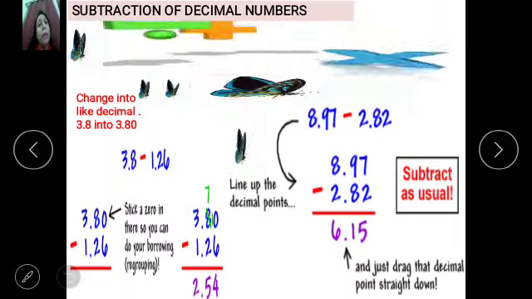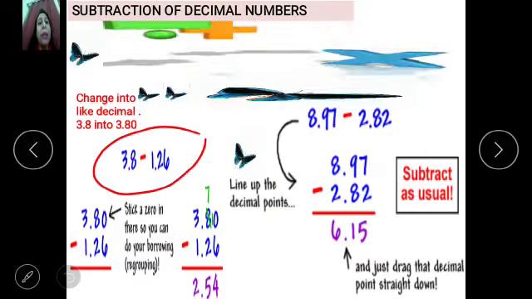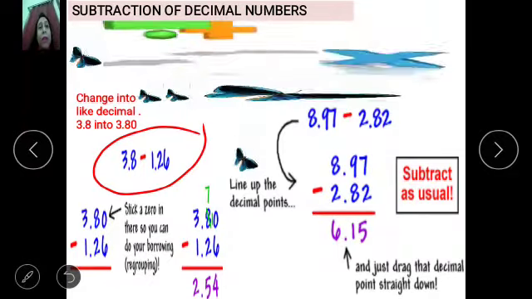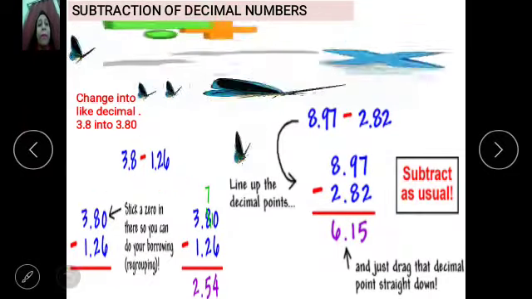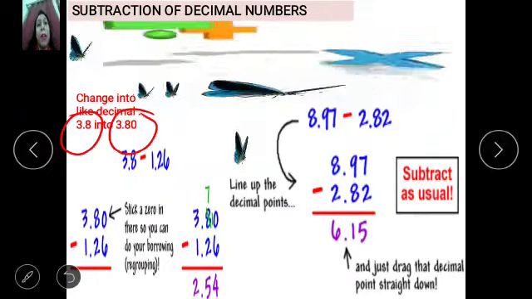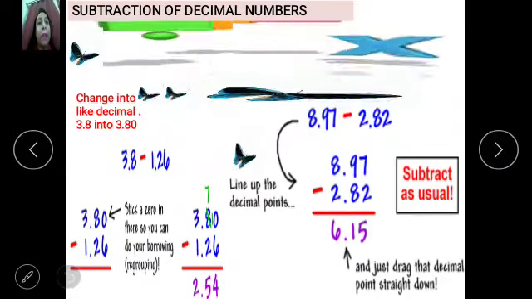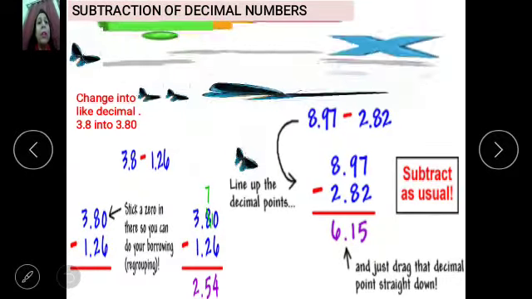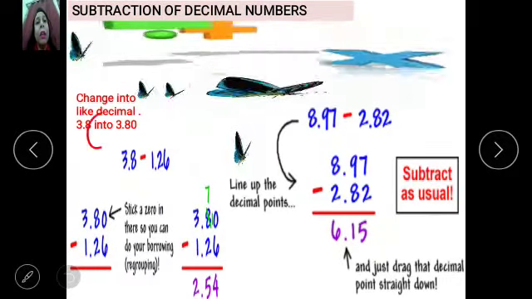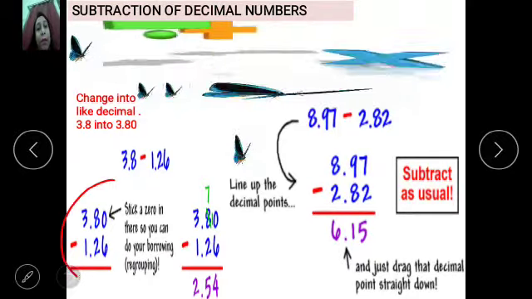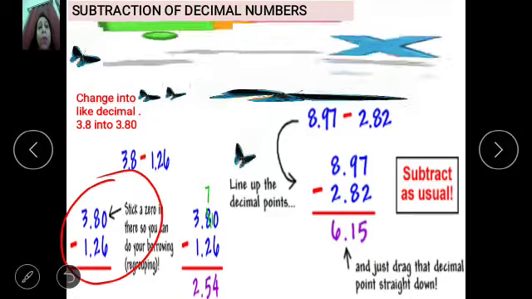Subtraction of decimal numbers. So two numbers I have taken over there, 3.8 minus 1.26. First thing is, as in addition also, we have to change into like decimals. Okay, 3.8 into 3.80. Like that you have to change, because in the second number, after the decimal two numbers are there. So we have to put a 0, because one number is already over here, just a 0 we have to put. So here I have done like that, 3.80 minus 1.26.